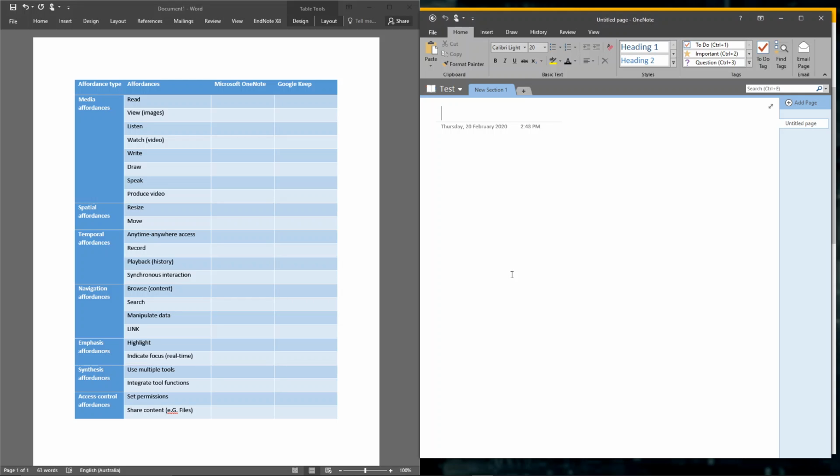Now, on the screen, you can see on the left-hand side, I have the affordance analysis table that Associate Professor Matt Bauer presented in the lecture. And you might remember he looked at two kinds of technologies for affordance analysis, and those were wikis and web conferencing. So in this example, we're going to look at two reasonably similar tools,